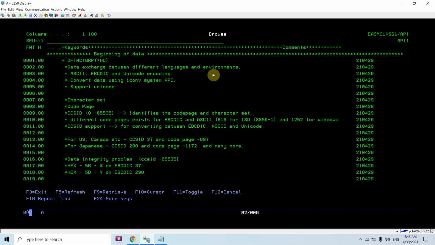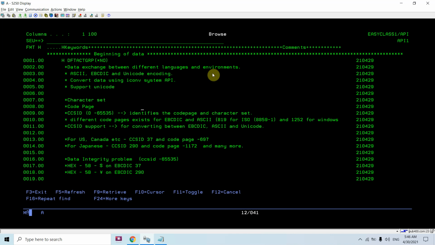To resolve this issue: whenever we are sending between two character sets, two languages having different code pages, only then does this issue occur. Only then do the characters get translated between the two language sets.